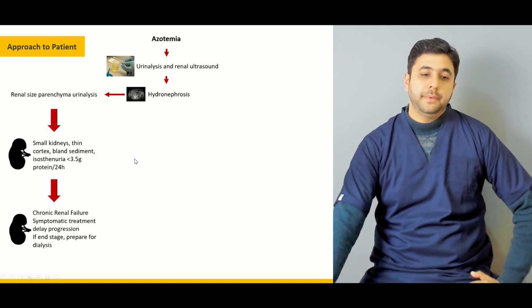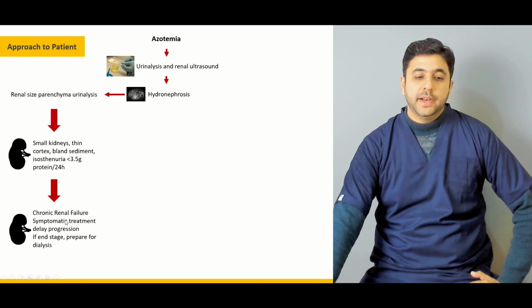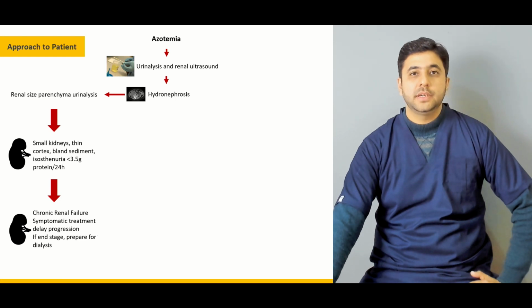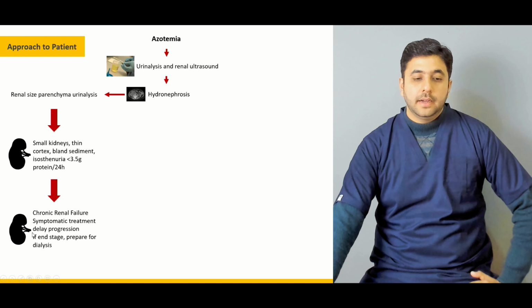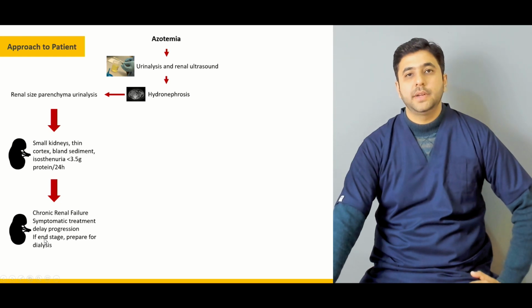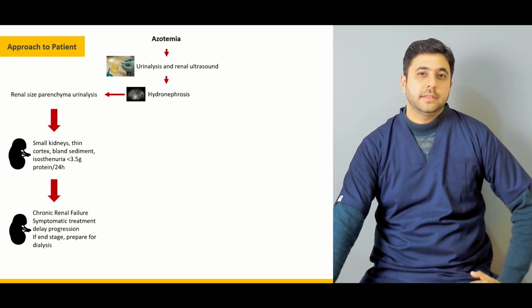So you know that this patient, who has all these features evident on ultrasound and urinalysis, has chronic renal failure and it is not some acute process going on. So in chronic renal failure, what do you do to manage the patient? There is symptomatic treatment, whatever the pathology, whatever the complaint the patient presented with in the ER. And you do your best to delay the progression of chronic renal failure with the help of certain drugs, like if someone has diabetic nephropathy presenting as CRF, then you can give ACE inhibitors or